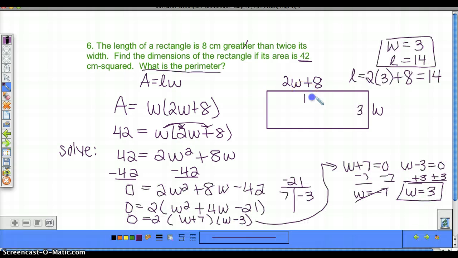So if I relabel my rectangle, my length is 14, my width is 3, then the perimeter is just going to be all your sides added up. So pay attention to what it's asking for. If it asks for area, then it's length times width. But if it asks for perimeter, it's all